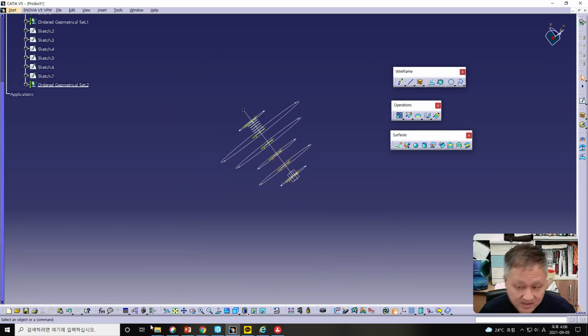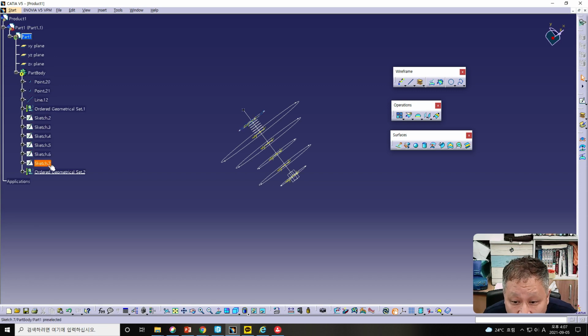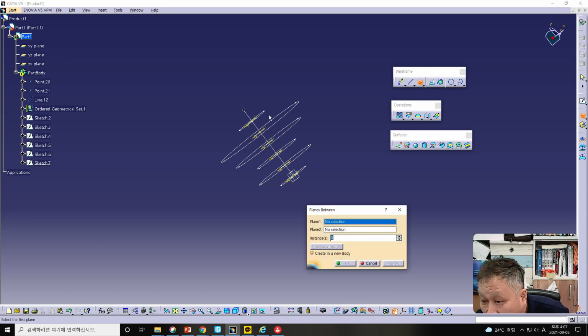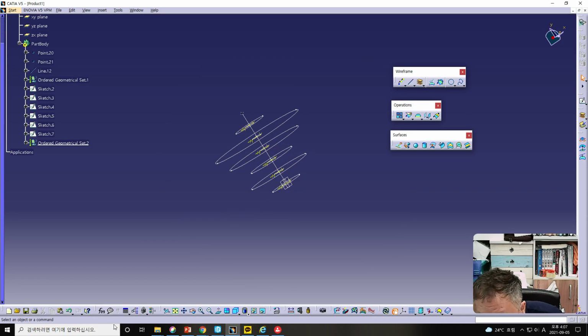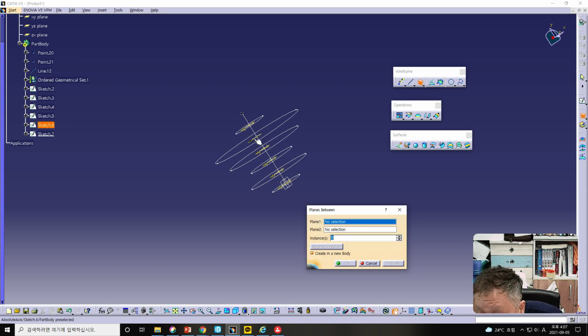Can you understand what I mean? However, undo, and if I select planes between with the instance as only one plane, then only... oh, I'm sorry, making two is needed, I think. Plane 1, plane 2,